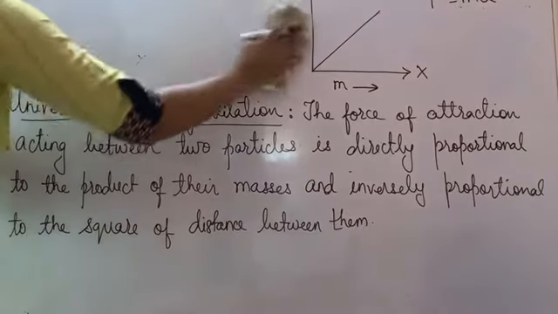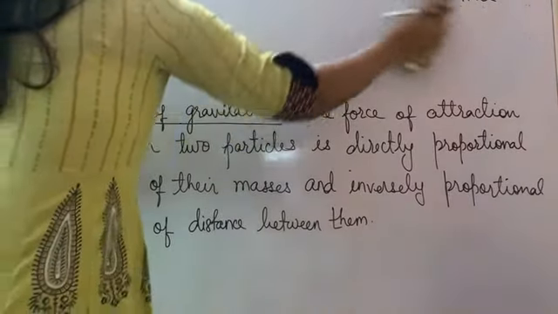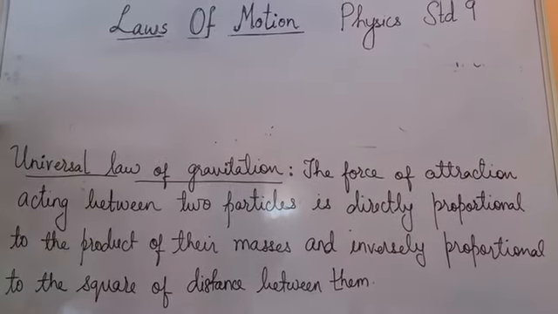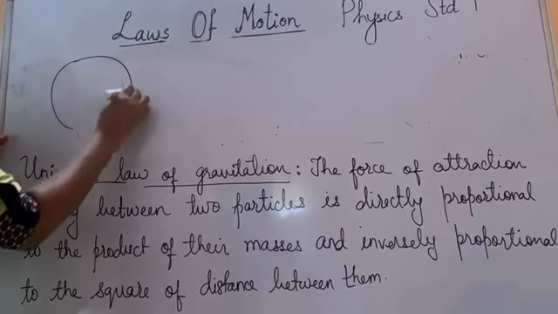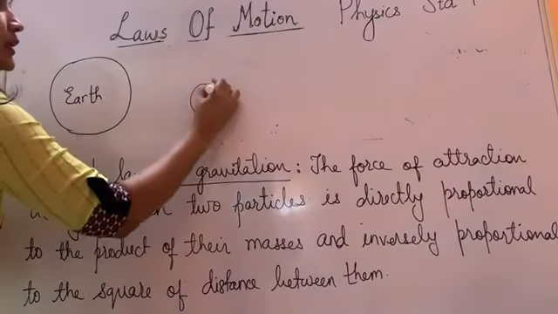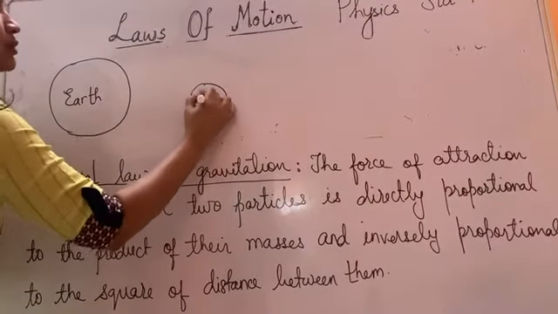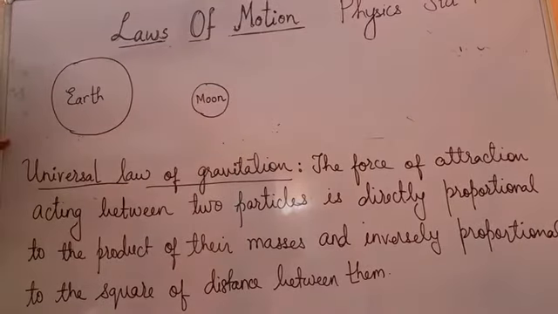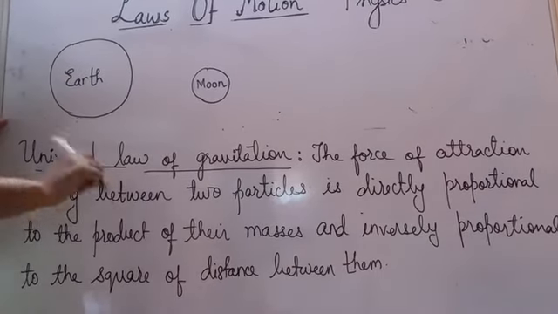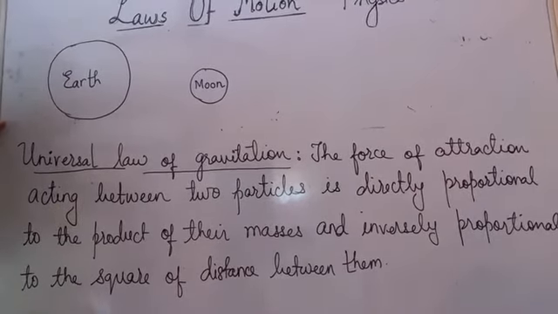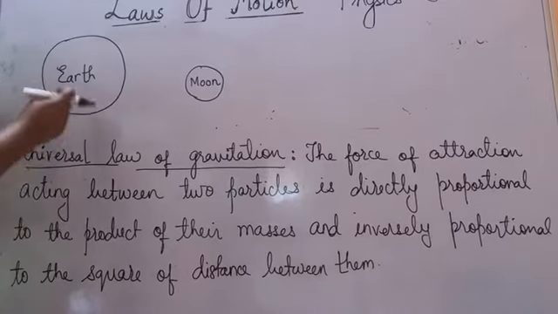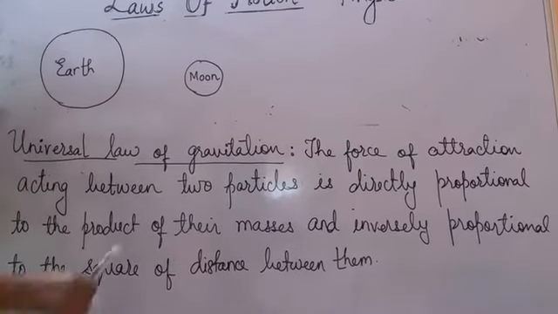Now to understand this, I have to tell you by a small diagram. They are saying there are two bodies. Imagine this is one body which you can call Earth, and a small body, any other planet, or I can also take Moon. These are the two bodies. You know that Moon is Earth's satellite and it always moves around the Earth. That is again because there is a force of attraction between them. But they have different masses. Earth has more mass compared to Moon.